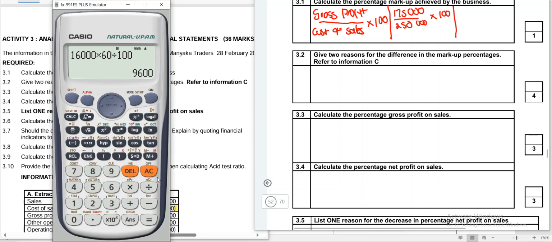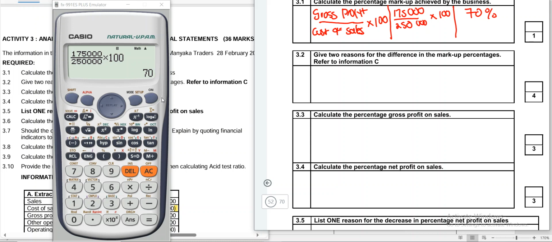So we're going to say 175,000 divide by 250,000, and then we say all of this multiply by 100. It is giving us 70%. So it means that the markup that we have achieved as a business is 70% for 2021, and this was about 3 marks. Unfortunately, they made an error here on the answer sheet,